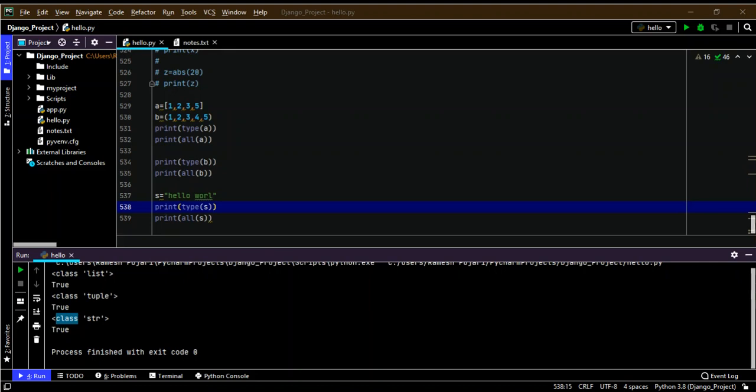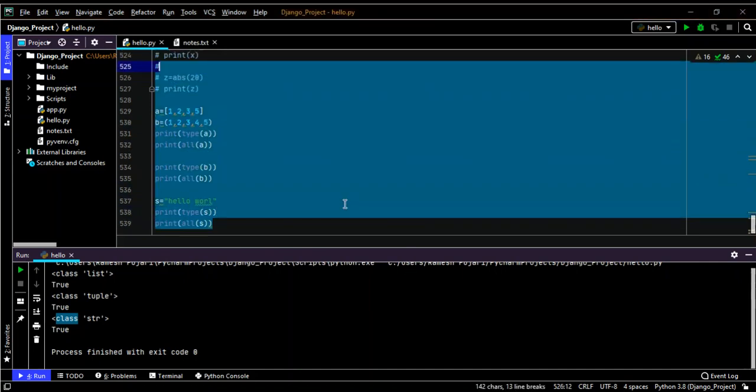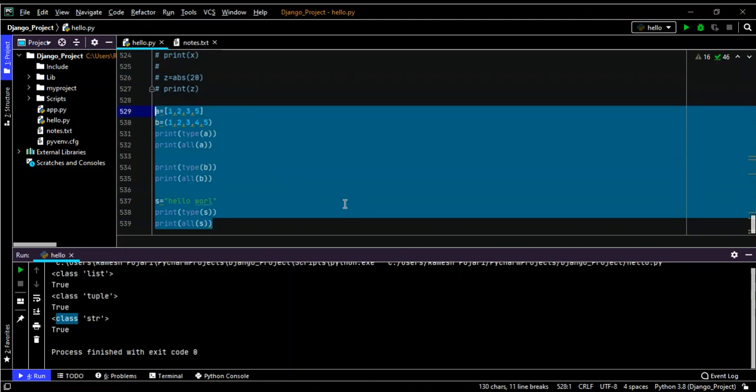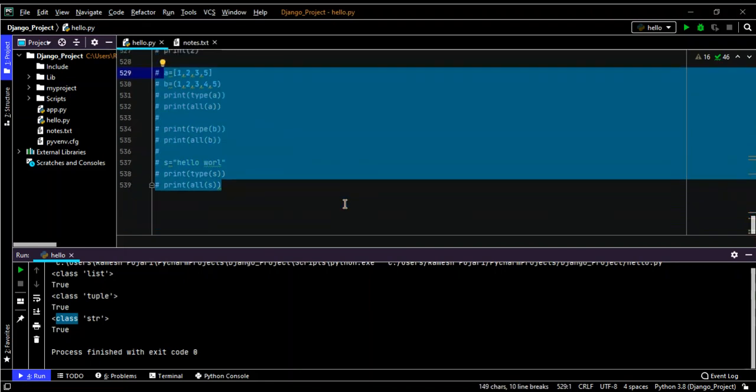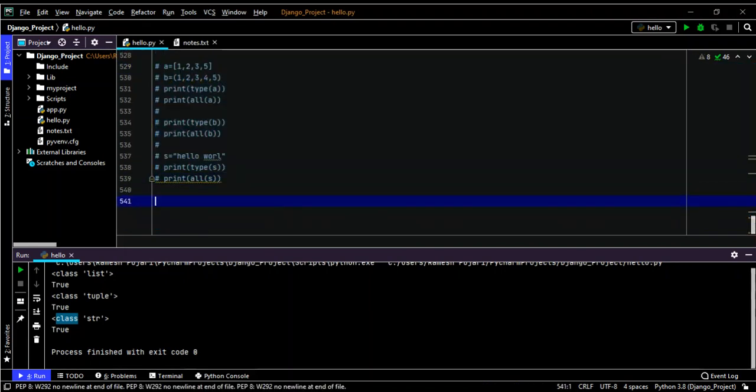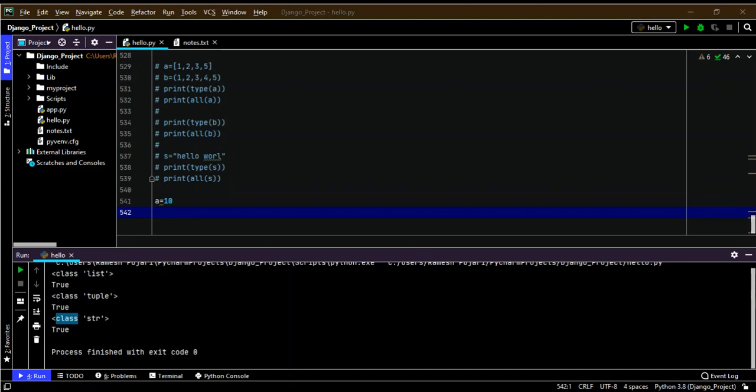Let me give an example, in simple words. Here a is the variable which holds the integer value. Now I want to know the binary format of this number 10. For that we have the inbuilt function called bin.